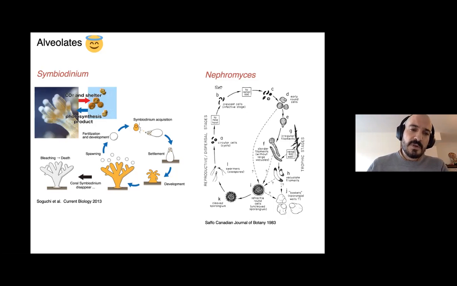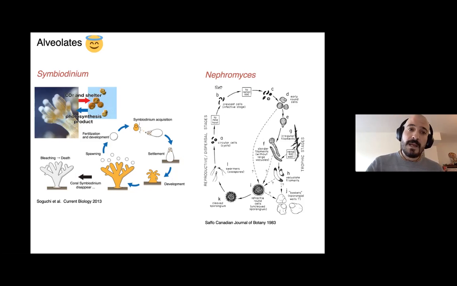This process is called bleaching because corals lose their color when they expel the algae. So the algae provides a color to the coral, and when they expel the algae because of heat stress, the coral loses the color. These algae, these dinoflagellates, go to the water column, and if the conditions go back to normal, they can come back to the coral. But if the conditions don't go back to normal fast enough, the coral will finally die. And that is happening more and more often. So the bleaching events are longer and longer. So corals are dying more and more because they lose their symbiont.